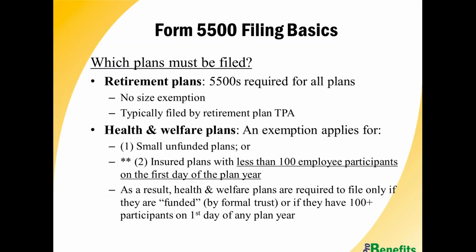After we talk about what employers need to consider for the 5500 filings and when they need to be filed, let's talk specifically about what plans need to be filed. The rest of this presentation is going to be about health and welfare plans, but I just wanted to point out that retirement plans, 5500s are required for all retirement plans. There is no size exemption, so even if there are 2 participants, a 5500 would be required for the retirement